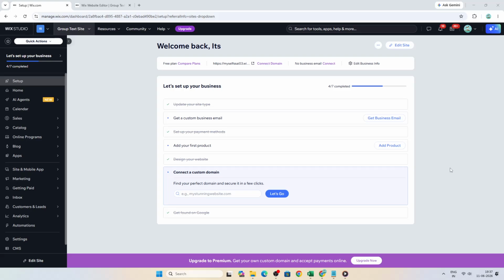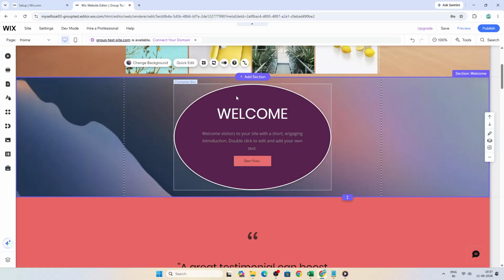In today's video, I'm going to teach you how to group elements in Wix for better layout control. To get started, open your site in the Wix editor so you can work directly on the page where your